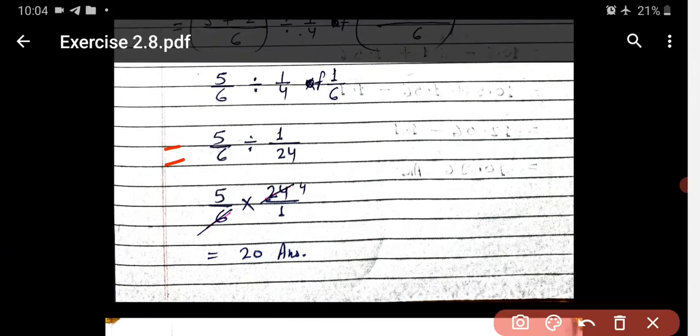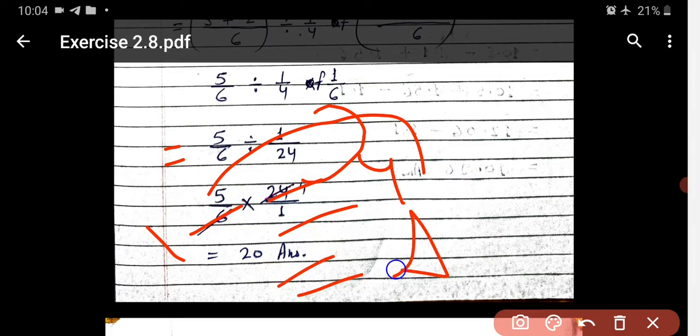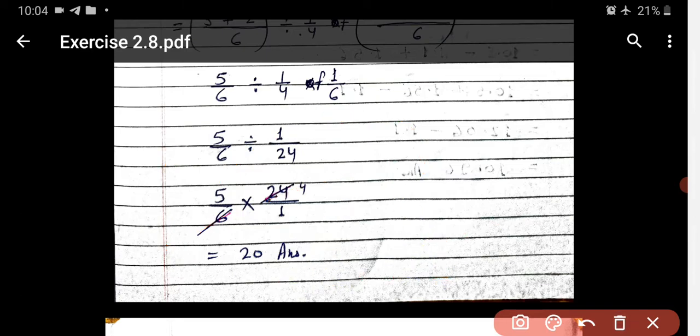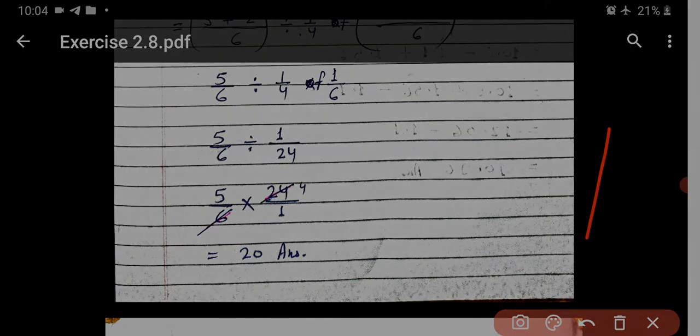Now 5 by 6 as it is, multiply, just convert multiply into divide. 1 upon 24, just you reverse it, it becomes 24 by 1. Now 6 1 just 6, 6 4 is 24. What becomes? 5 4s are 20, and here only 1, so you write here 20 as your answer. Okay, so calculation you can do by yourself, no problem. Either you can cut in last or before that, but you always get the same answer. Okay, so when you convert this divide and multiply, it becomes 24 by 1. 6 1 just 6, 6 4 is 24, it becomes 5 4s are 20. So 20 is your final answer. Now come on the next question.